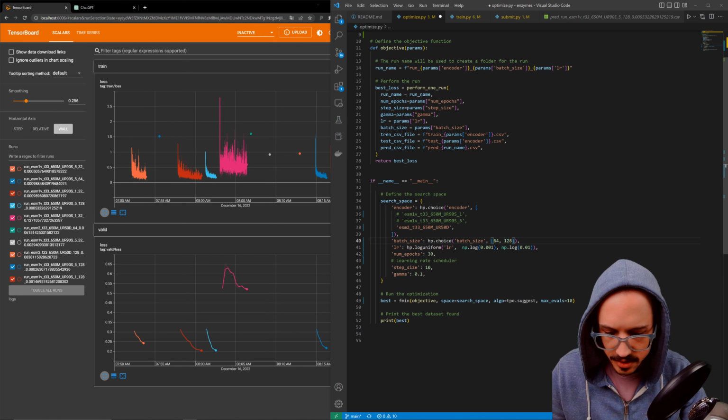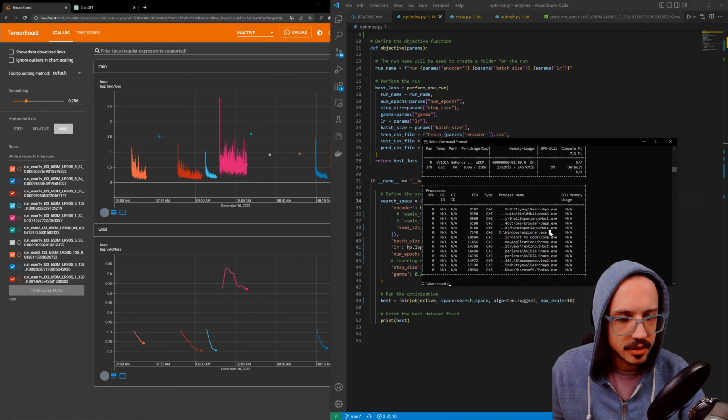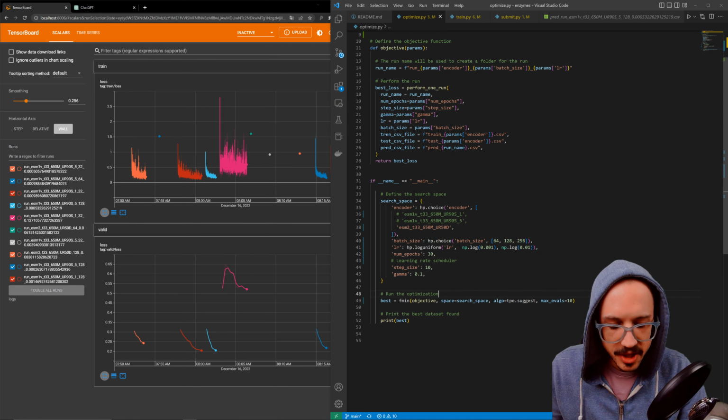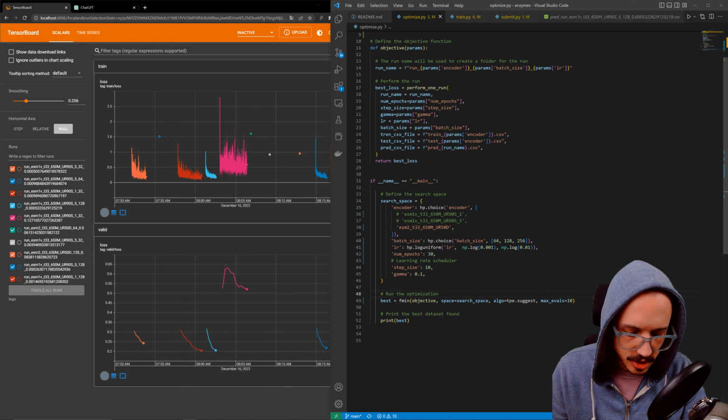Actually, let's try a bigger batch here. Generally, the bigger the batch, the better your form. Because the smaller your batch, the noisier each individual batch is. So when you're performing gradient descent, which is ultimately what you're doing when you're training one of these neural networks,